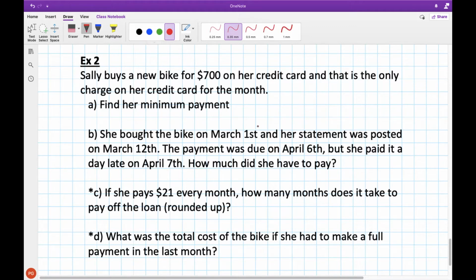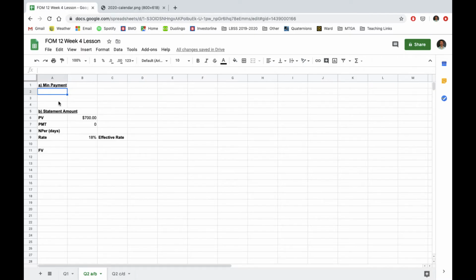For these questions here, and for the ones that are in the workbook, our minimum payment we're always assuming is 3% of whatever is owed. In our spreadsheet, our minimum payment is going to be 3% of 700. So we can use equals 700 times 0.03, hit enter, and we get that our minimum payment is going to